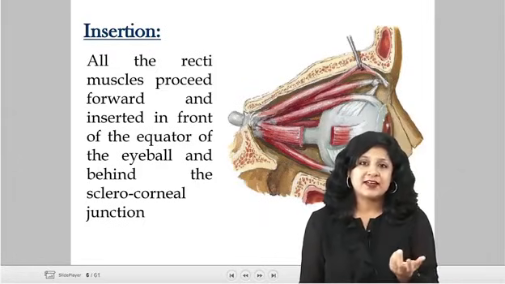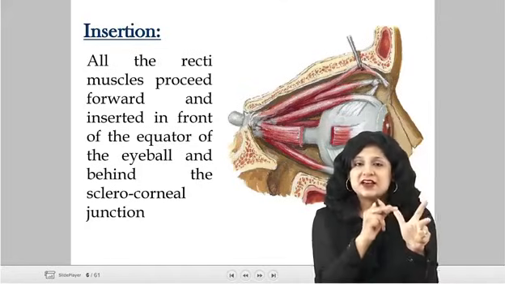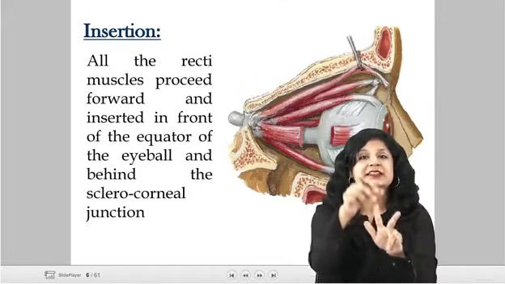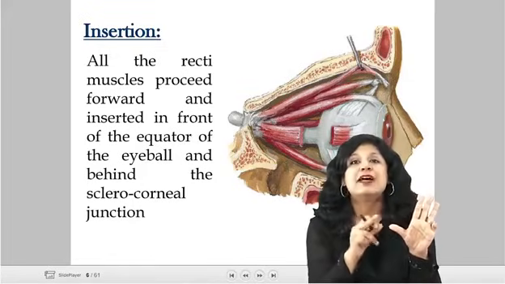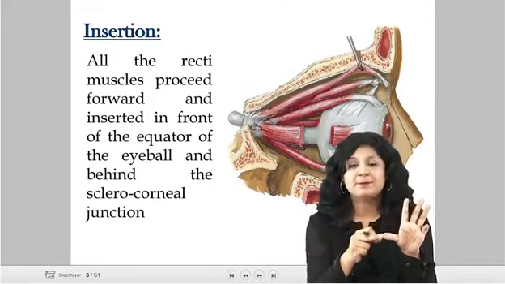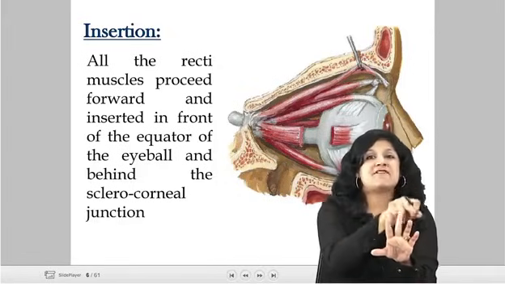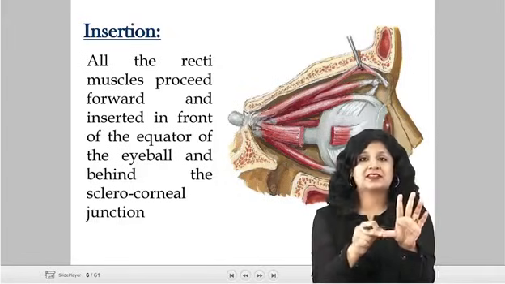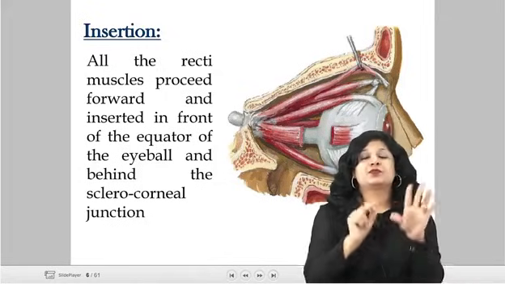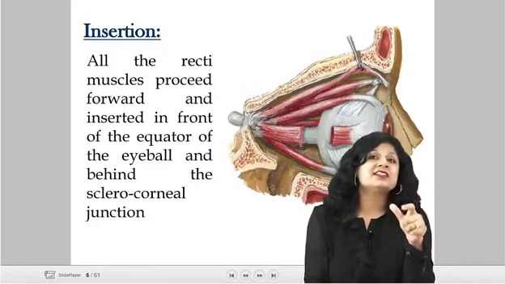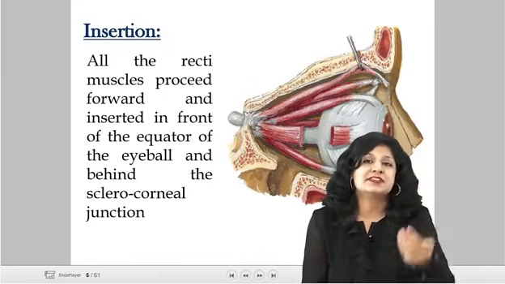So what is the mnemonic there? We have MILS: medial rectus, inferior rectus, lateral rectus and superior rectus. Start with 5.5 mm, 6.5 mm, 6.9 mm and 7.7 mm. Medial rectus, inferior rectus, then lateral rectus and superior rectus. If you remember, that is why the superior rectus holding forceps was having an angle at a distance of 7.7